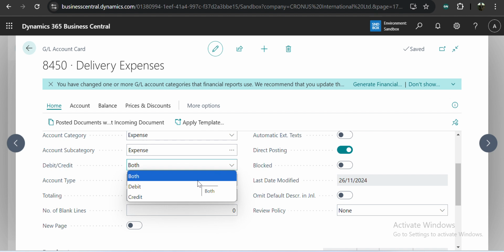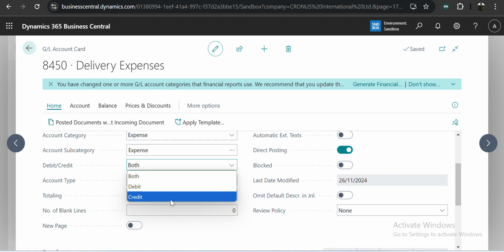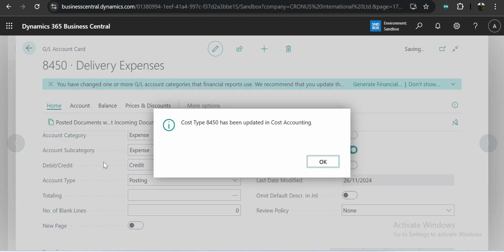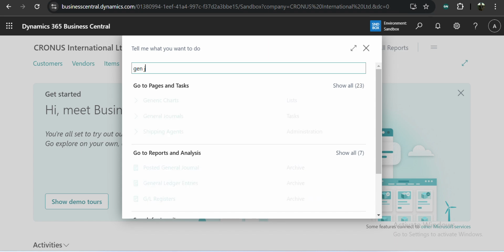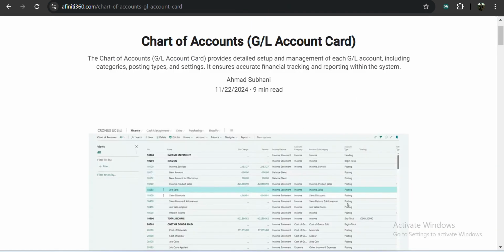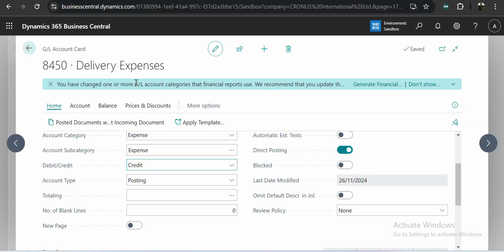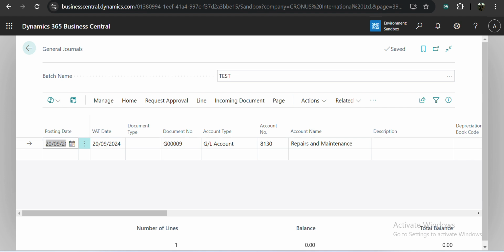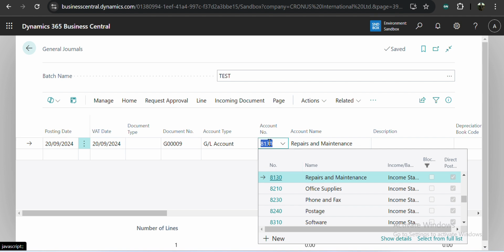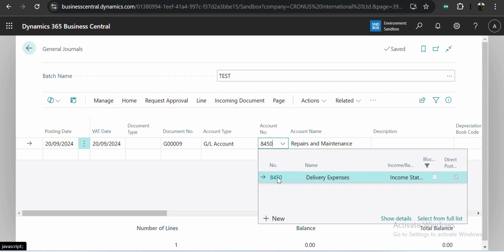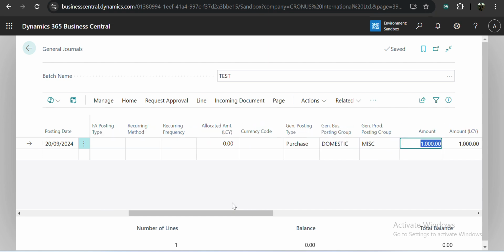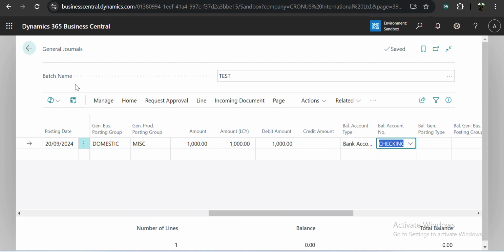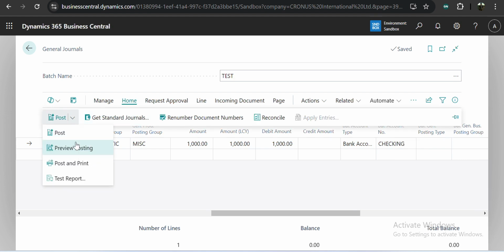Let me give an example for that. As you know, delivery expenses are a debit nature account. So if you click on the credit over here, and you go to the journal, we can close that, and if we go to the general and specify in the drop down 8450, which is the delivery expense account, and specify this with the amount, you can say 1000 bank credit. If I just preview post that,